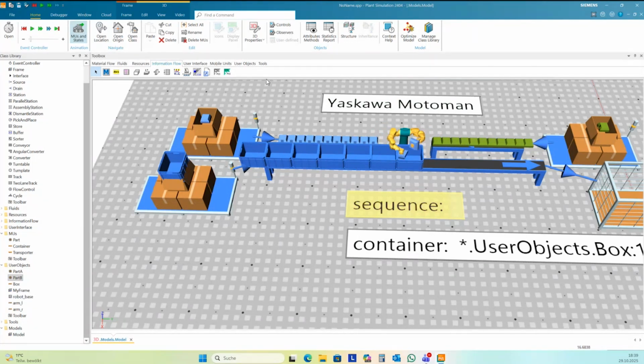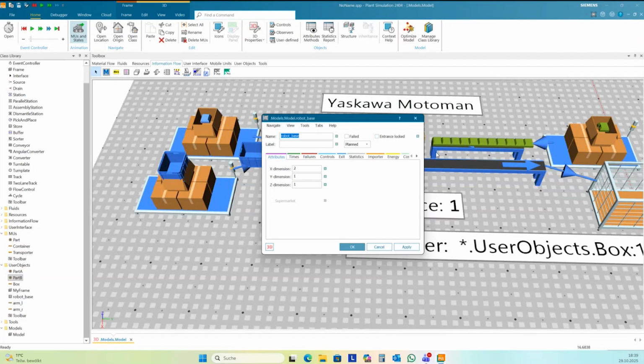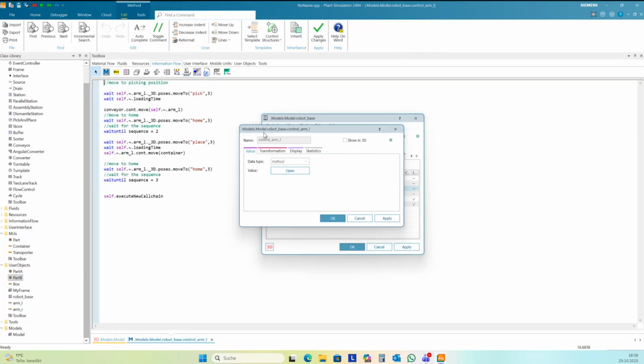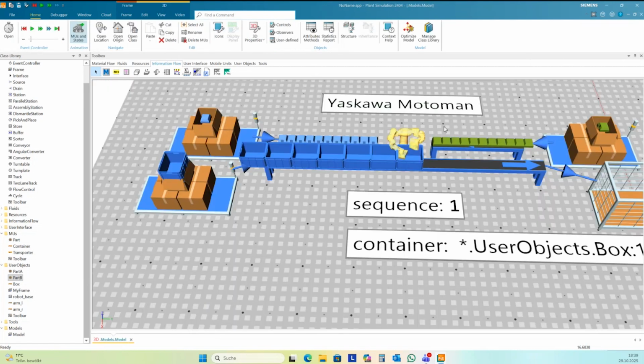Okay, I have the wrong conveyor here, so I need to change this. This is conveyor 1. So it's better to have different colors, and so we can see the failures quite easily.